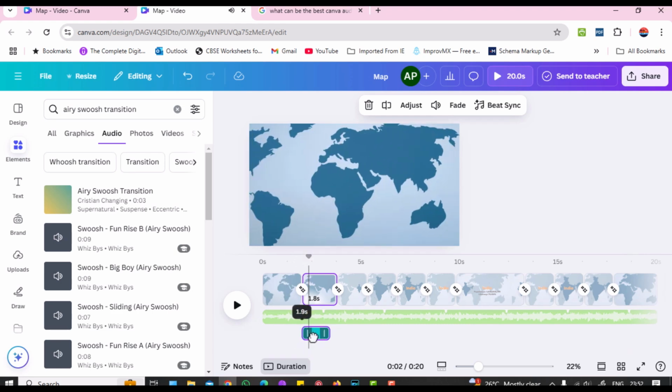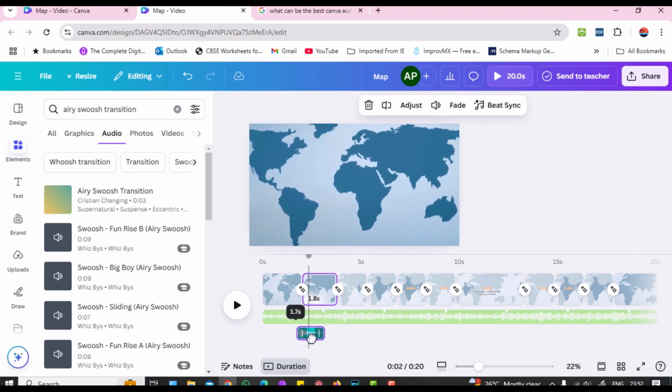Repeat this for all locations where there is motion on the map.